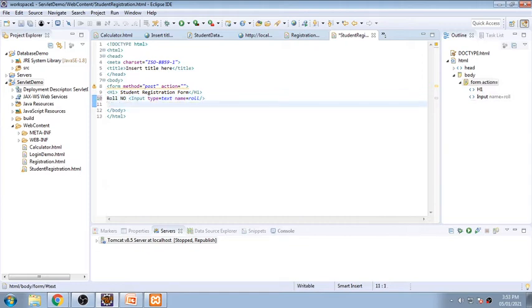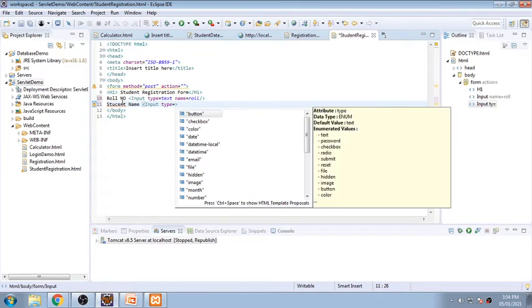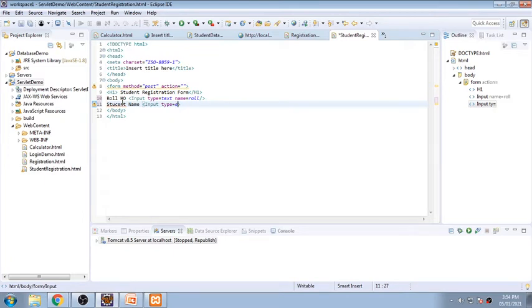Then it should be student name. So again, input type is equal to text. So whenever I'm writing like this, it should always be in the format of double quote. So make a habit of writing every value in the format of double quote. So double quote here, I have missed name, I have missed double quote over here.